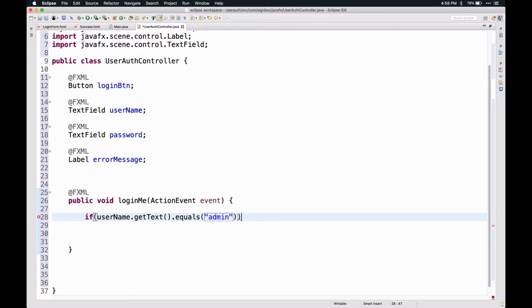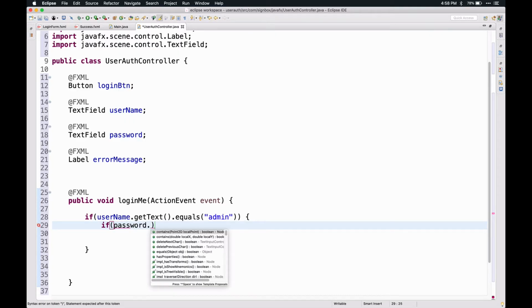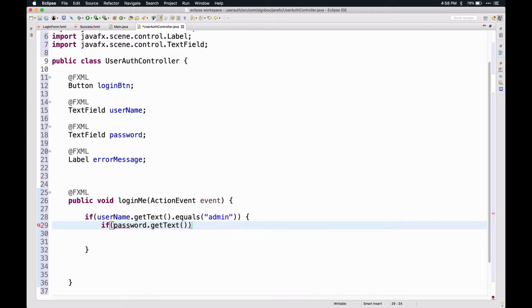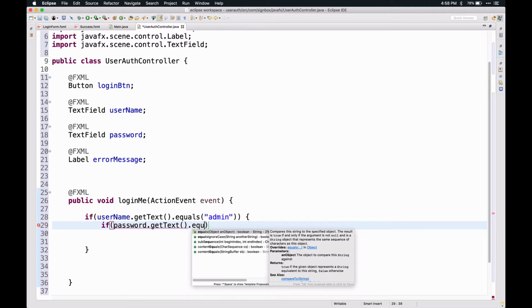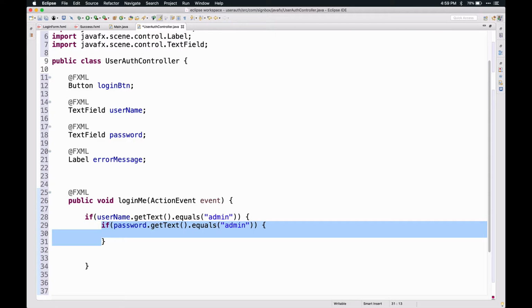If username is admin, then again if password.getText(), whatever you type as password, it must be equal to admin. Then after that we need to